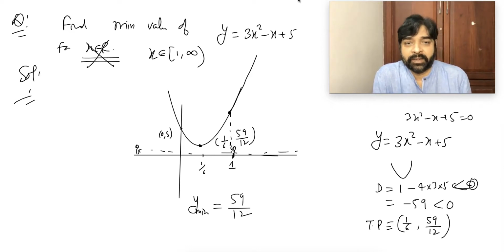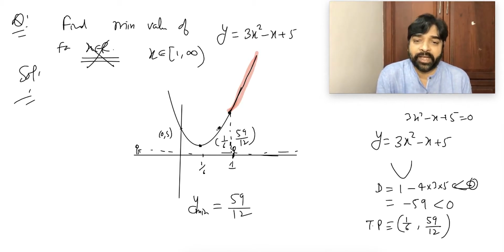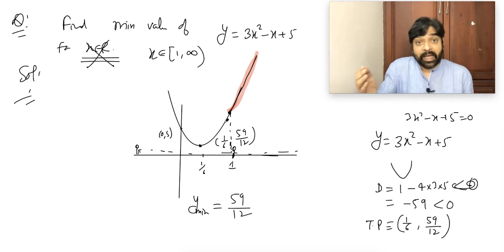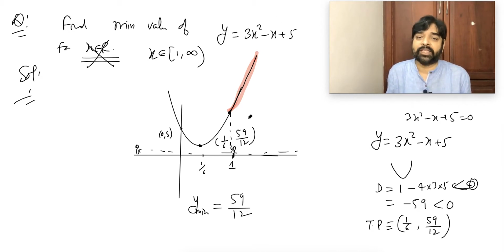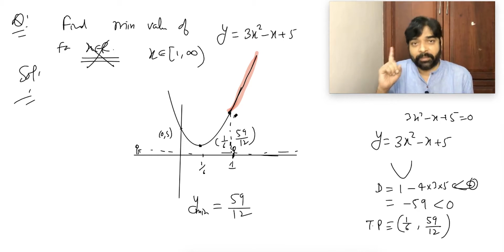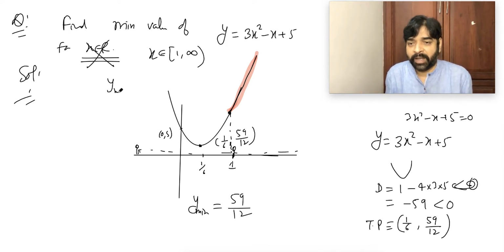Not able to understand? When they say x from 1 to infinity, you cannot go before 1. So y will be this much only. This is your y. You cannot take this, because this y is for those values of x which are less than 1. So what is the minimum value of y at this point? I will say at x equal to 1 the minimum value will come, and that will be how much? If you put 1 here, 3 minus 1 becomes 2, plus 1 for 7. In that case, y minimum equals 7.